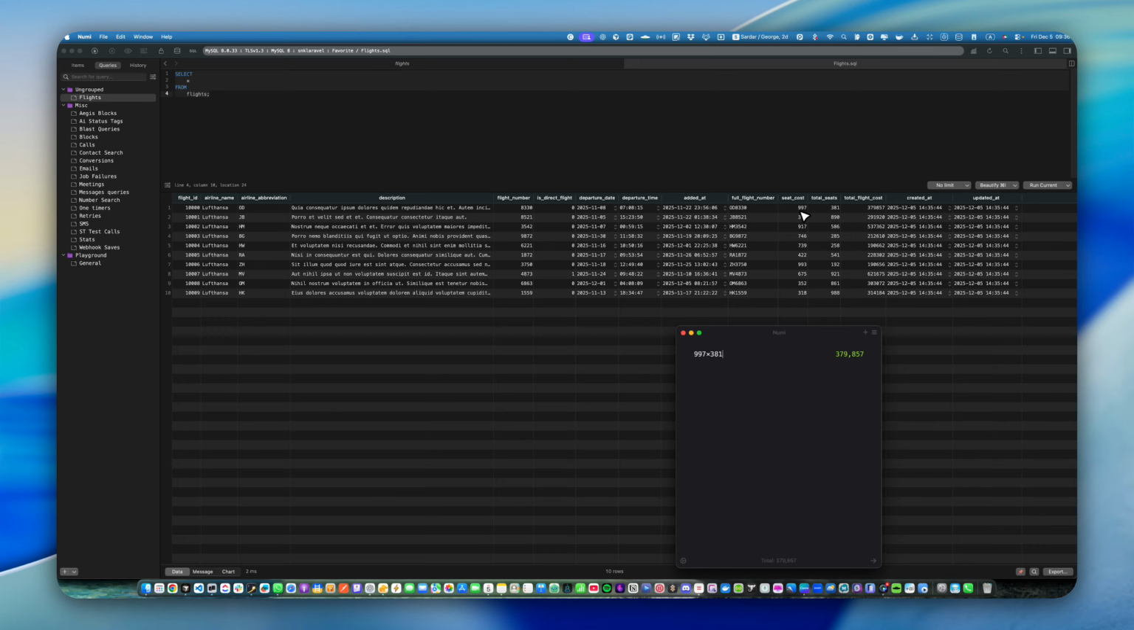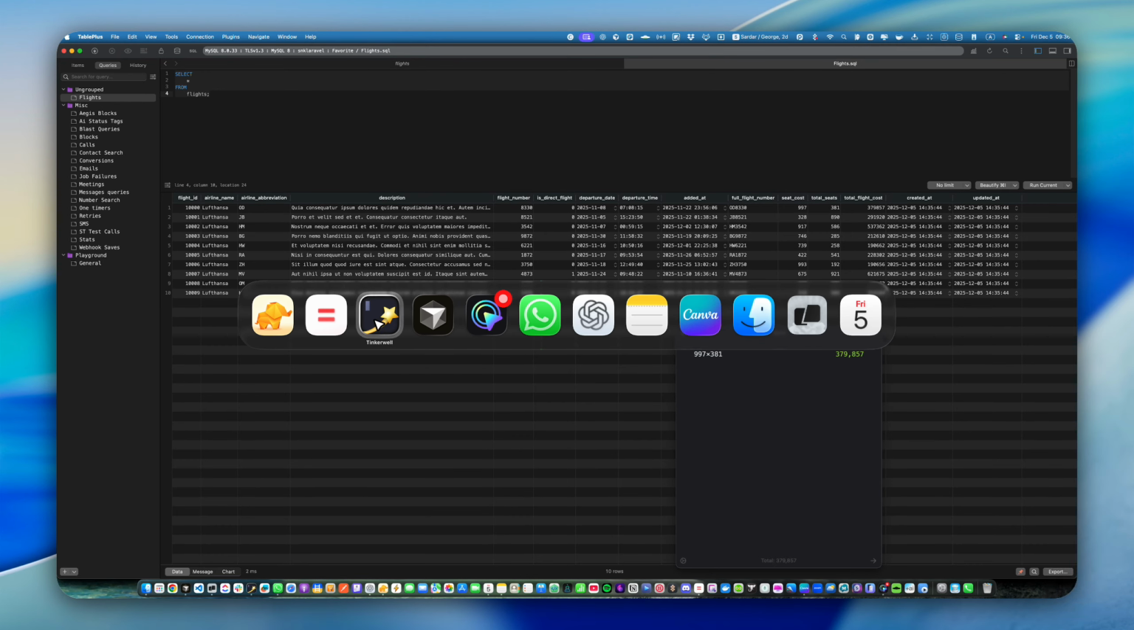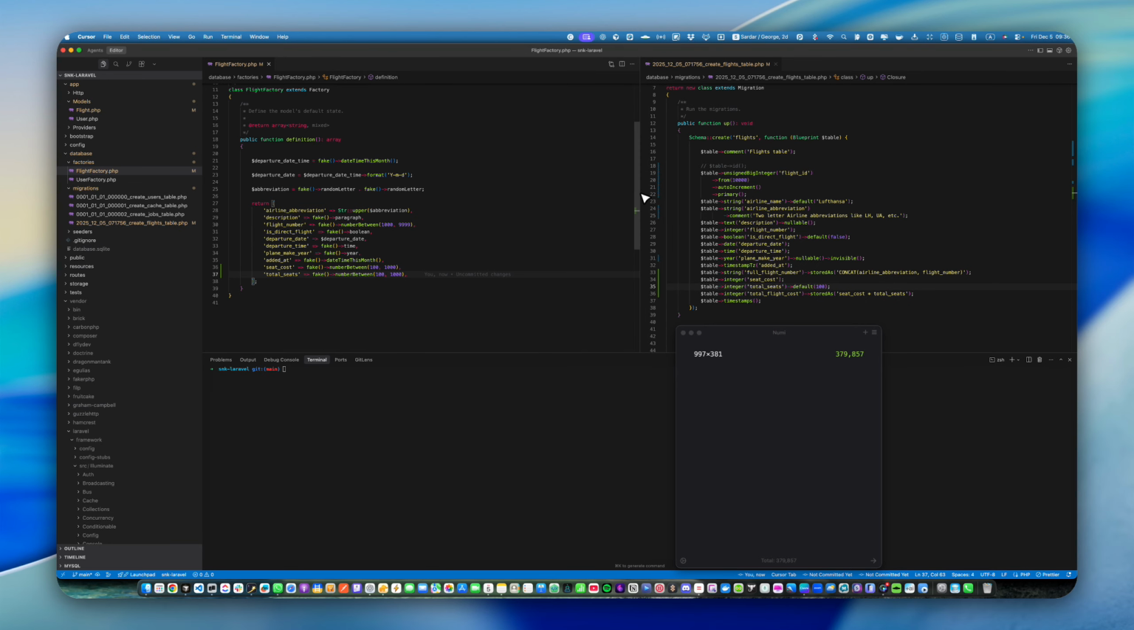Yeah. So that gives you 379,857, which is exactly the result. And as you can imagine, the rest of them are also going to work as expected. So I think without going into a lot more detail, we can safely assume that this stored as thing